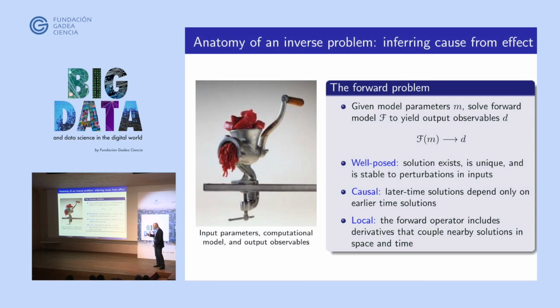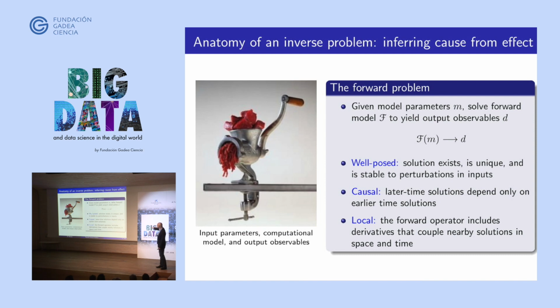So to illustrate this Bayesian framework, I have this picture which seems a bit frivolous, but it actually illustrates the challenges of inverse problems, of learning from data through models, actually quite well. You can imagine parameters. These cubes of meat here are parameters. The model is the body of the grinder. The outputs are the ground meat.